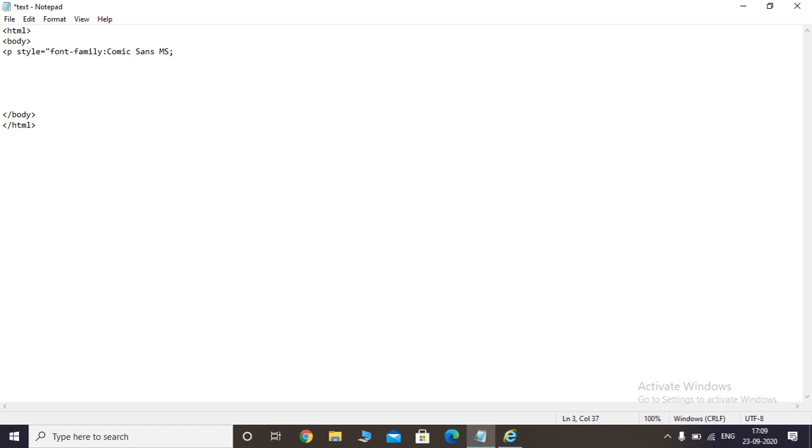Then you have to give font variant. I'm using the font variant property over here. What is the value for that? The value I'll give as small caps. Then close your tag and write the text over here.